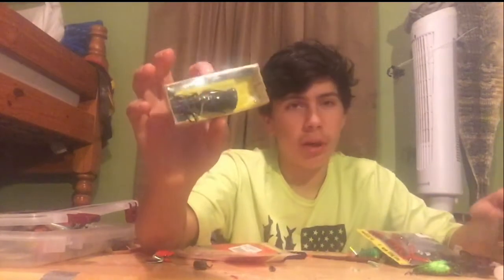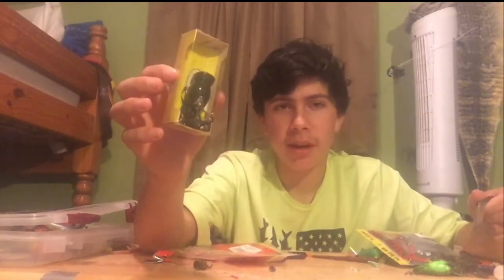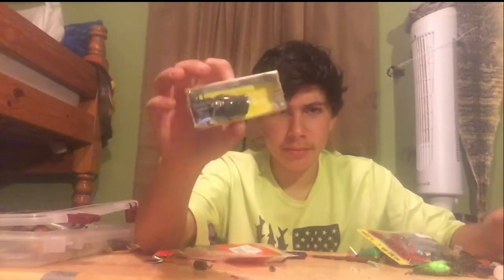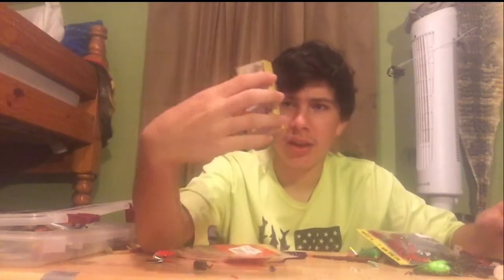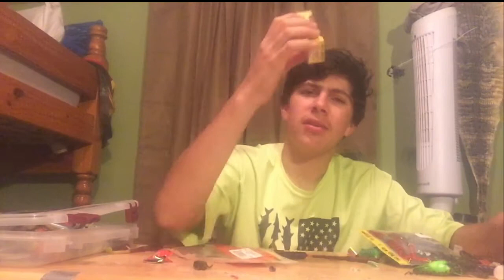A hula popper. This one's kind of an older one. I actually got this one at a garage sale. It was in a tackle box that I bought, but I guess I didn't know it was in there. So, kind of an extra deal. It's a nice hula popper. I'd use this. Oh, speaking of curl-tail worms, your classic